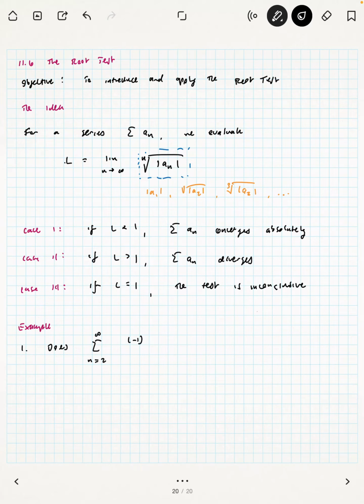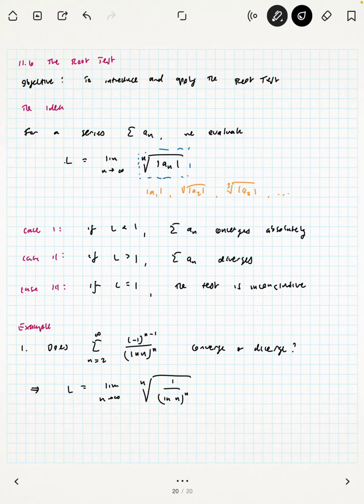Let's see an example. Does the series starting at n equals 2 of -1 raised to the n minus 1 over ln of n to the n converge or diverge? So this is where it's helpful because, one, it helps us deal with things in terms of the absolute value version of the series, so we don't have to worry about any pesky alternating parts of the series, or we can just focus on